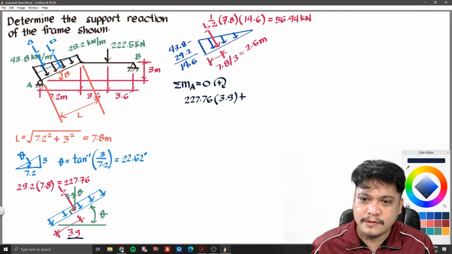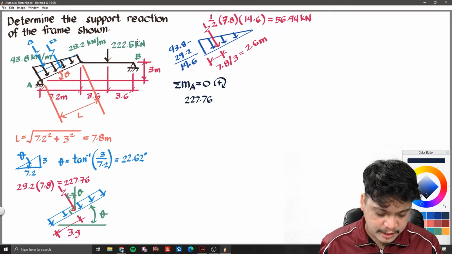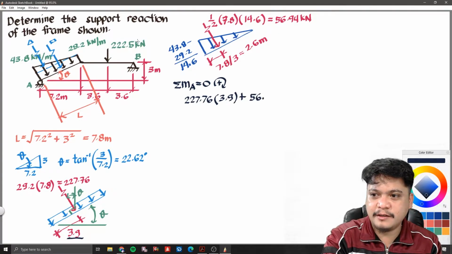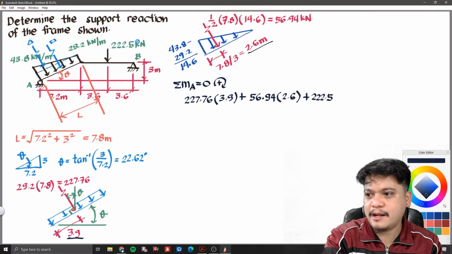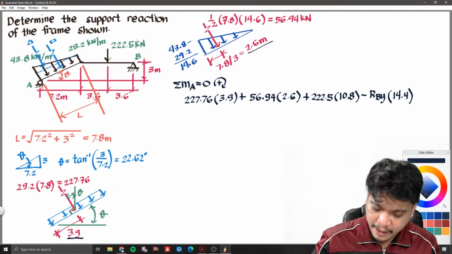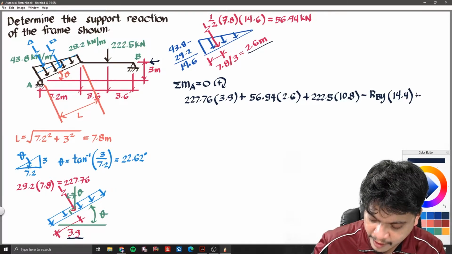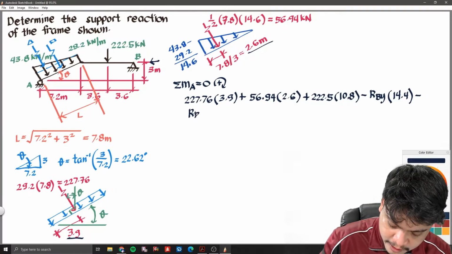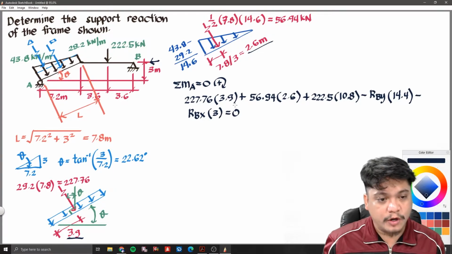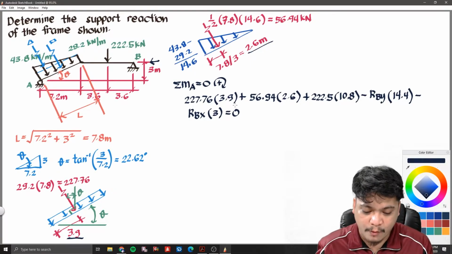Ayaw na. Sige na nga, ituloy na nga natin dyan sa A. Anyway, pakita ko sa inyo RBY times 48. Okay. And then, we will be having here, again, so ang assumption ko, pag ganito yung aking RBX, so minus, I will now have RBX, and then i-multiply ko yun by 3 meters, and that would become equal to 0. So, as you can see, okay, wala akong nakuha,